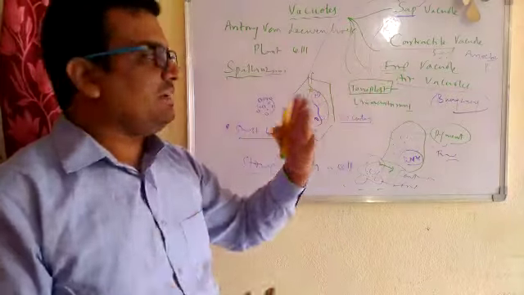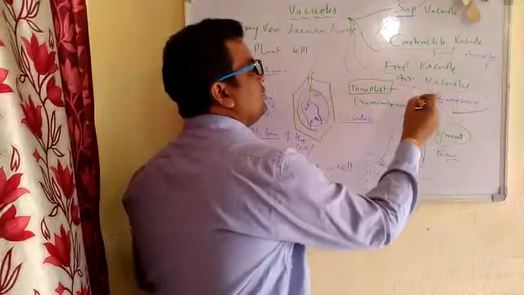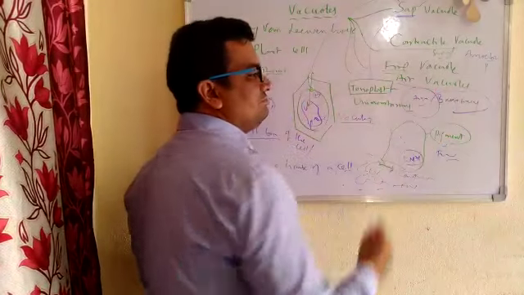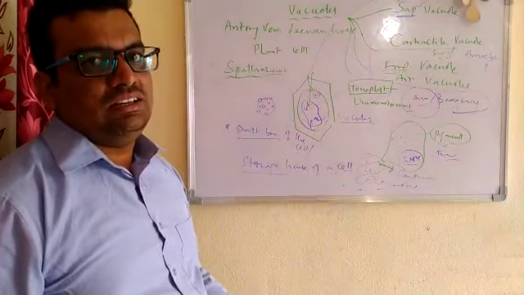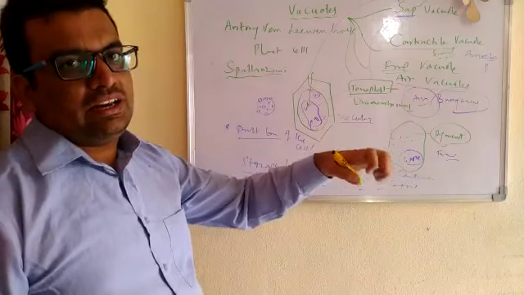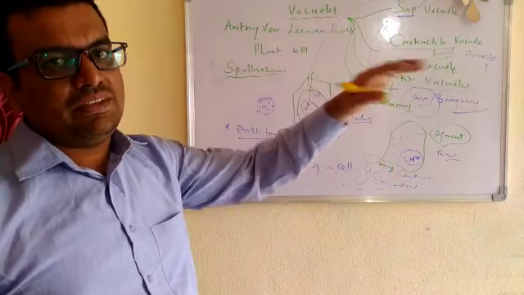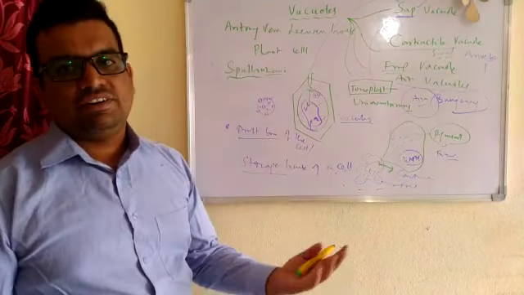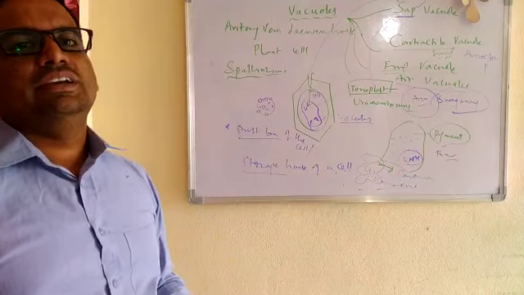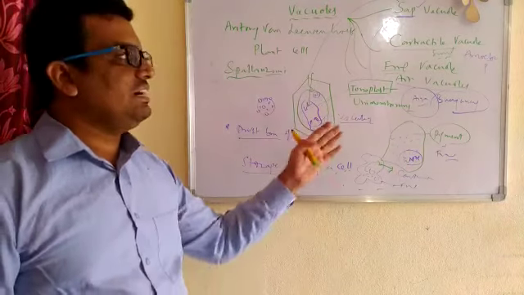How does buoyancy take place? Because of the vacuole that is filled with what, children? Air. They store the air and make the plant float on the water. These are the different kinds of vacuoles. You have to understand it like this.